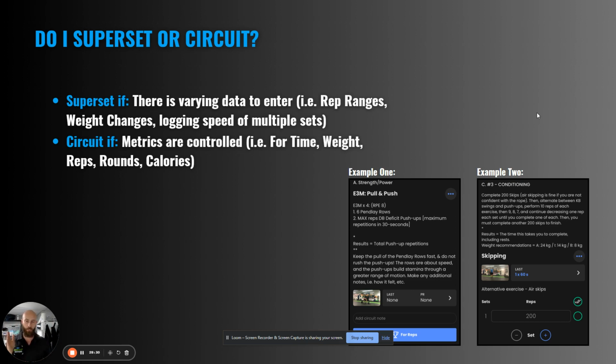where it says 6 Penley rows, let's say that said do 6 to 10 Penley rows, then this would probably have to be a superset, because we want to know, did you do 6? Did you do 10? Did you do something in between? We want to know what you did on each of those sets. You will also want that data saved so that when you come back to this workout, you know what you did last time so that you can at least match it, or if you do better, you can look back and go, oh my God, I'm improving. So that's why you would superset.